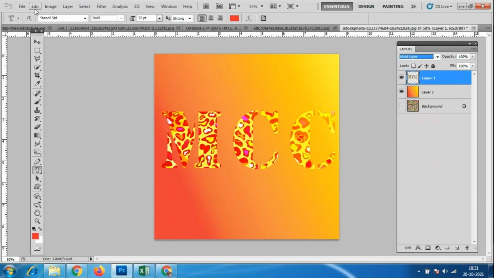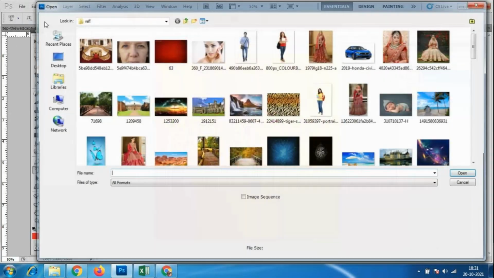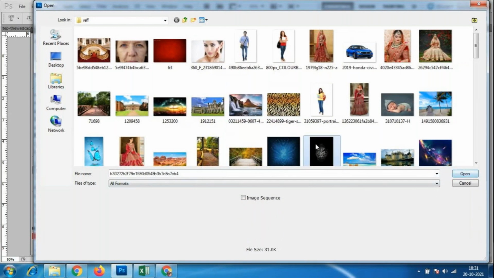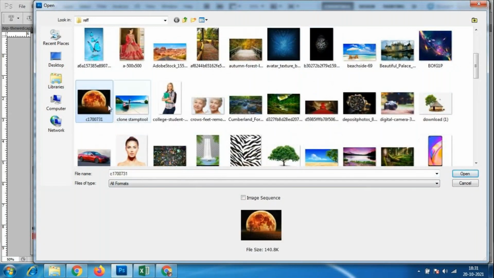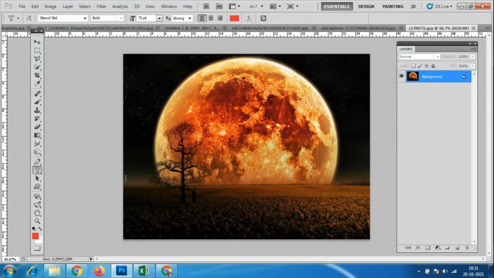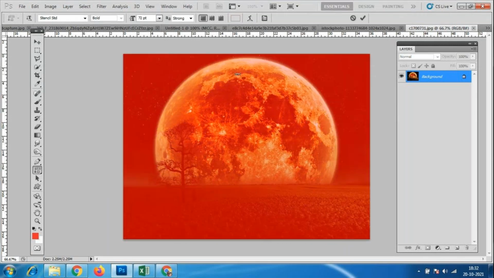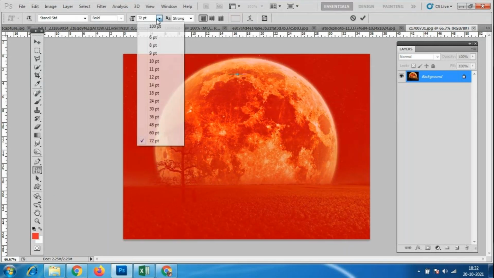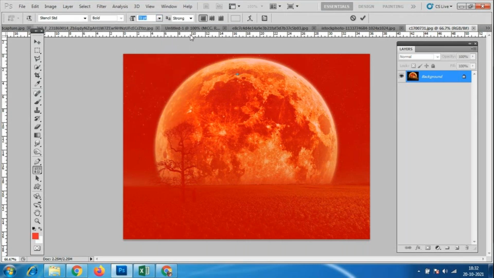Once again, I'll tell everybody. We will take any scenery background, any sparkle background like this. Then we have to type the text over here. We have two different options, horizontal type mask and vertical type mask. I'll go to this vertical type mask. I'll increase the size in the beginning. It is 72, I'll go with the 150 option. Like this, I'm typing only this much, only this much I want.